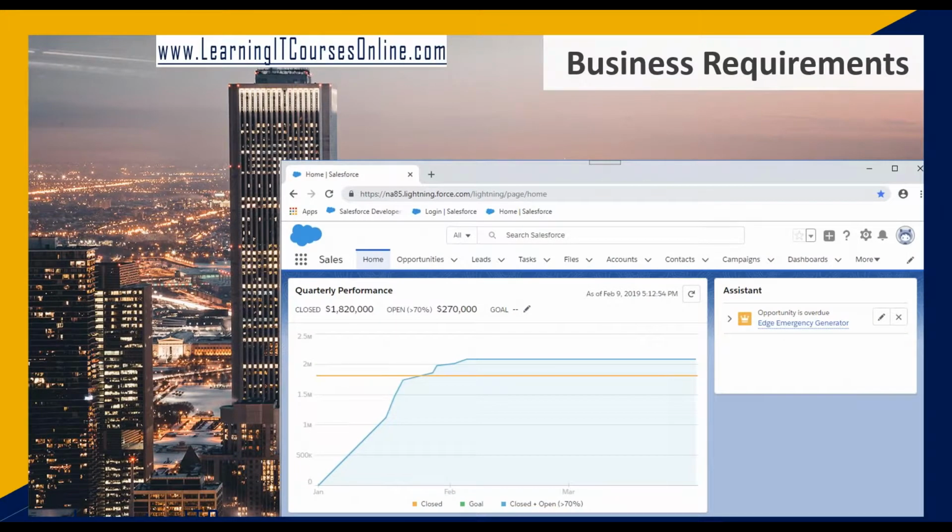Business requirements. Why do we need business requirements? By now, we've worked with Salesforce. We've looked at the different apps that are available to us. We've looked at opportunities and leads and accounts and contacts and campaigns and dashboards and reports. However, the VP of sales where we work would like to have an application that handles recruiting. Since all of the sales department is on Salesforce, they'd like to add a recruiting application within Salesforce. And that application is going to handle candidates. So we'll store the candidates' information there, as well as the positions that are available, the positions that the candidates